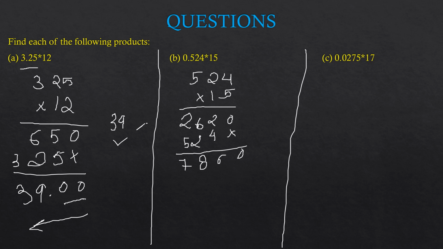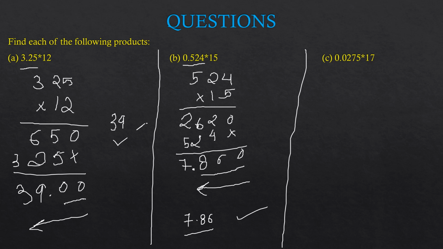First step is done. Okay, so we will see here in the decimal number we are having 3 decimal places. So in the answer we will count the decimal places from backward to forward. So 1, 2, 3. 3 places get completed here. So we will mark the decimal point here only. So the answer we have got for this question is 7.860. You can mention 0 here or not. It's your wish, okay? Because 0 doesn't have any value here. So 7.86. Okay. Now let's proceed.